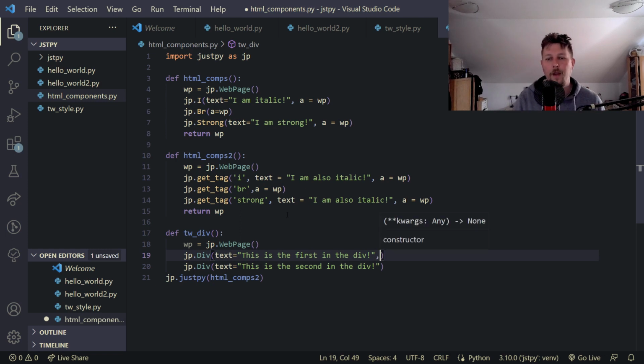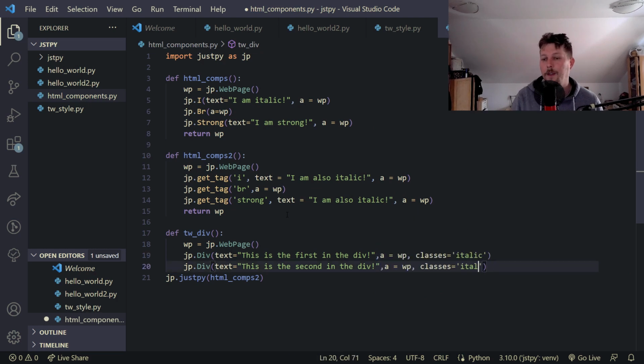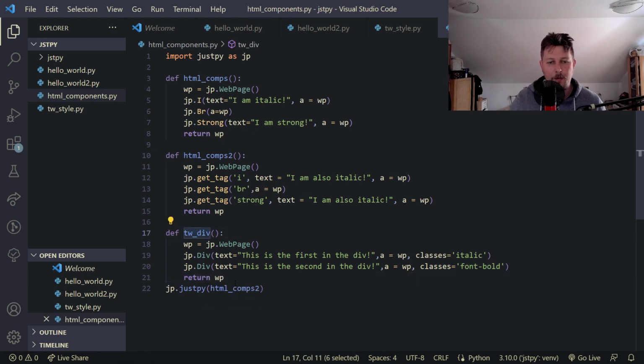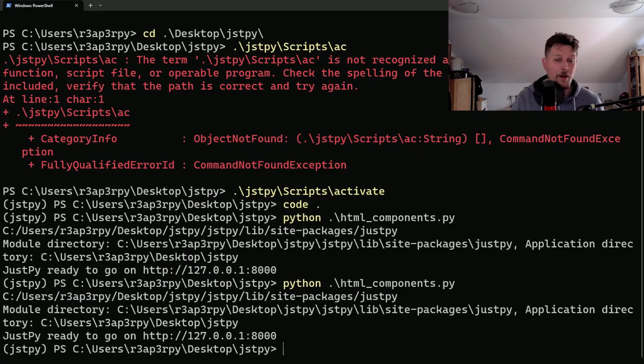And we have to anchor it to our web page and then specify the classes. We will say that this is the italic class. So that's where the Tailwind comes in. And this is the strong font bold tag. And we'll return wp. And if we swap out the function and save it and rerun our example,